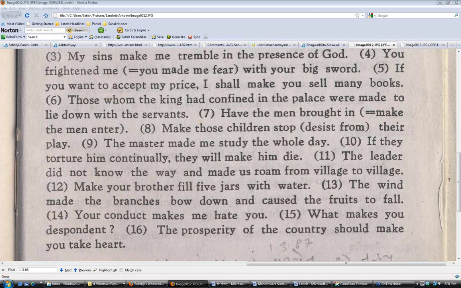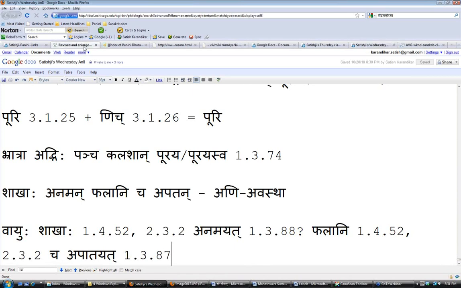Okay, the question here. You raised your hand, I think. Satish ji, yes. I have a question on 13. Even though it says branches bow down, they didn't do namaskara, they bent down. Is there any word in the meaning of bent down instead of bow down? Let's see. Let us go to Apte ji, see if we can find anything. You can use reverse search. Not bow down. Namati.